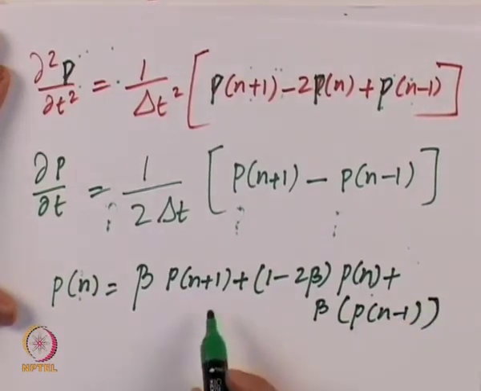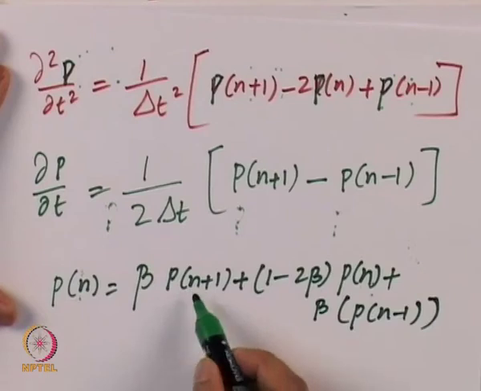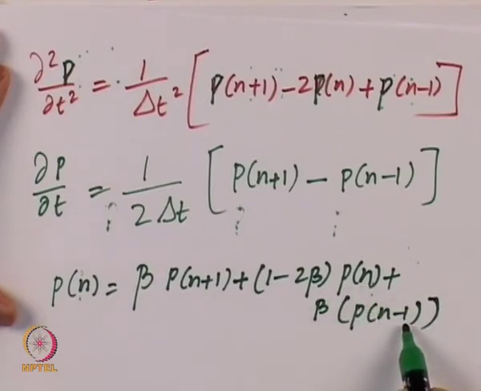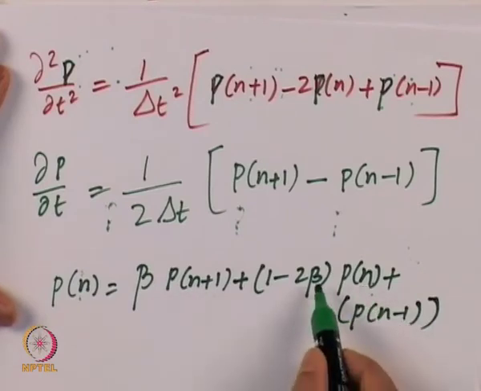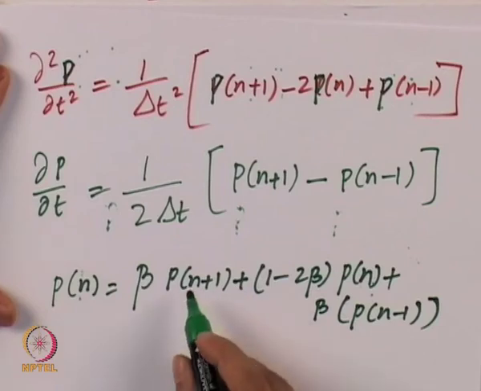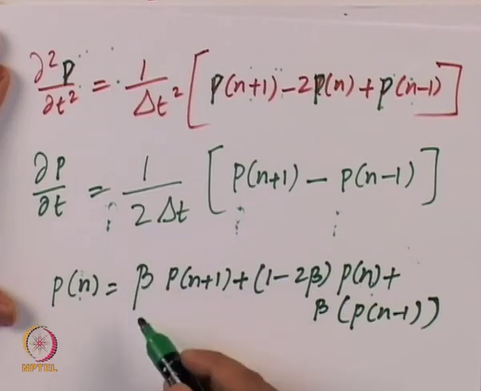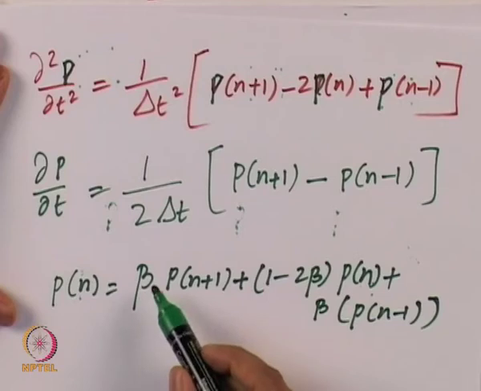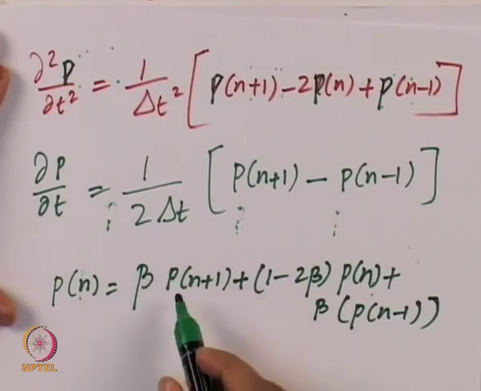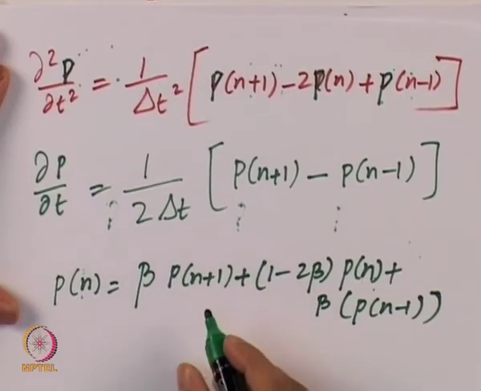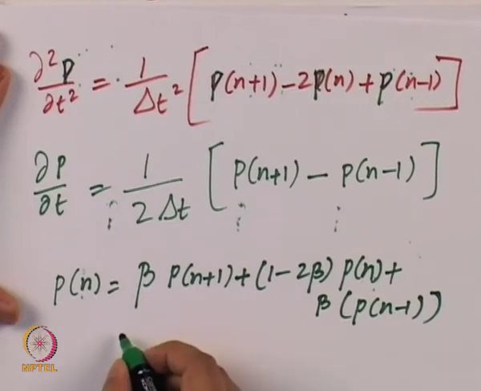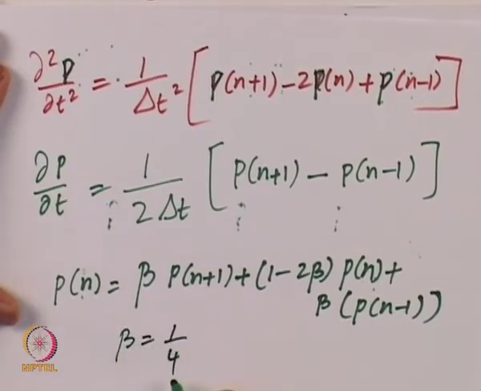So what I have done is I have taken P of n plus 1, P of n and P of n minus 1, and I am using some functions of beta. In the earlier lectures we used the term r, and some of the ways in which we can compute r is also given by the PDE itself. One good approach is we can choose beta equal to 1 by 4. So this is a good choice